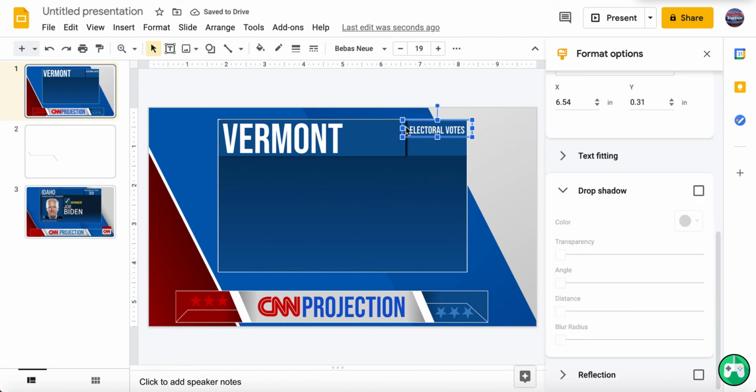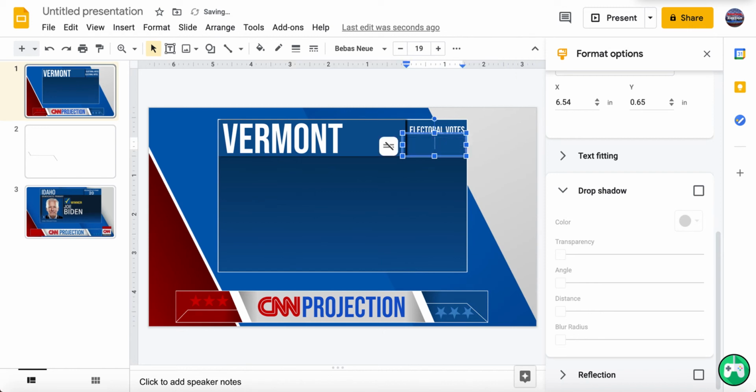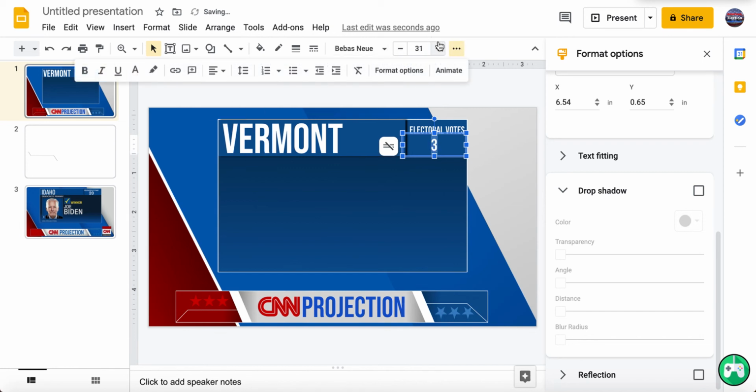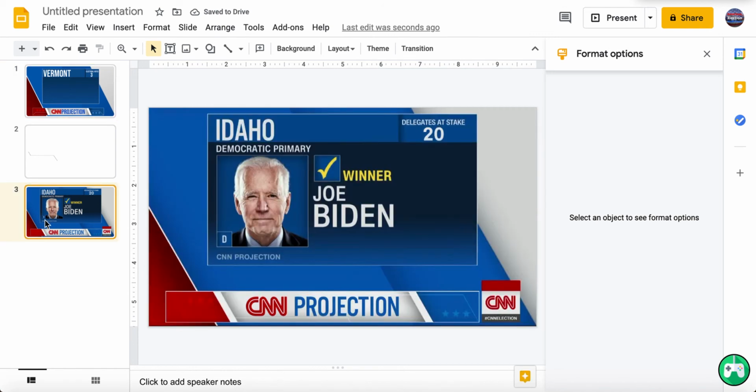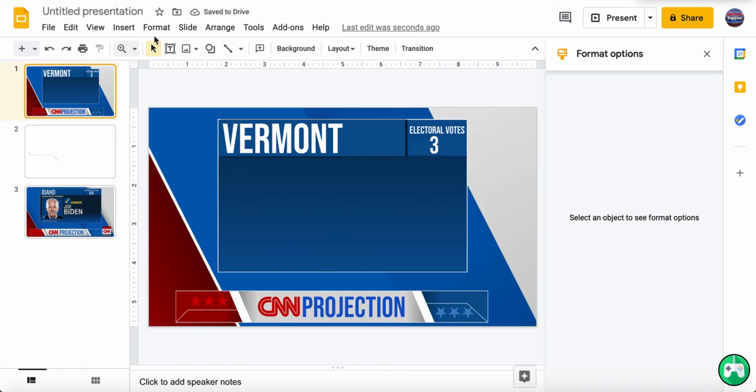Now we're going to copy and paste. Bring it down. Make it smaller. Make that bigger. And then we're going to have to make the electoral vote count be 3. Let's make it up to like 45. Sure, why not? Now we need, well, actually, first off, we can do this.